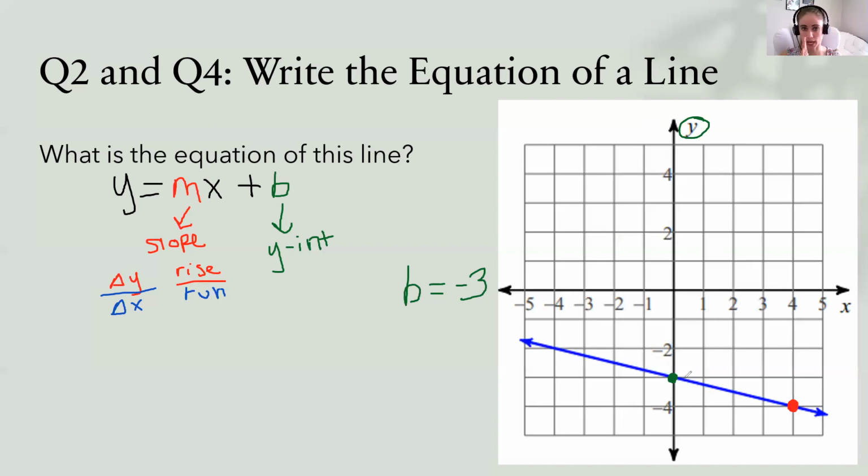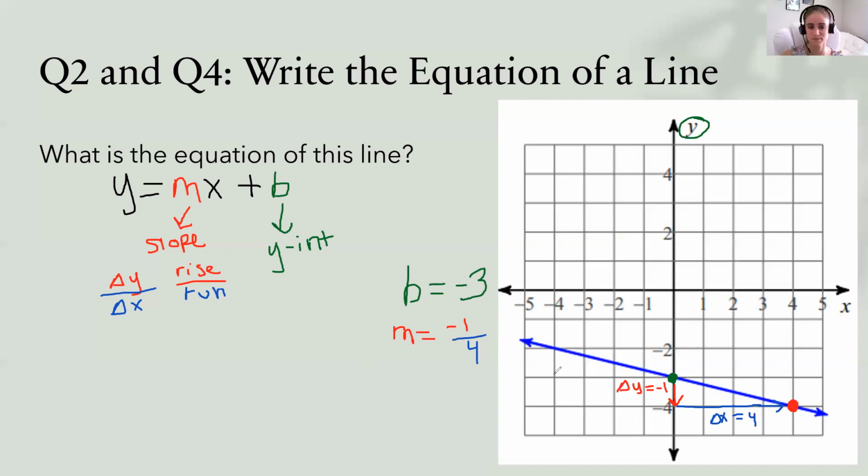I'm going to go from left to right because that's how you read a graph. If I start at my y-intercept, I have to decrease 1. So our change in y, because I'm decreasing, is a -1. Then our change in x, I go over 1, 2, 3, 4. Our change in x, and I went to the right, making it a +4. The slope of this line is -1